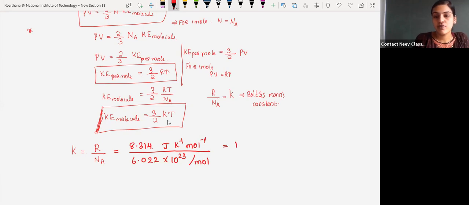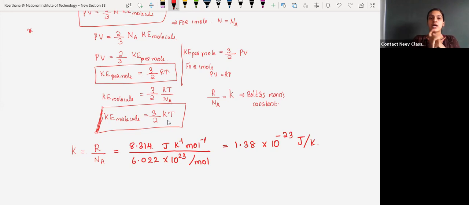So the value will be 1.38 into 10⁻23 joule per Kelvin, or joule Kelvin inverse. So the value of Boltzmann constant in terms of joule is 1.38 into 10 raised to minus 23 joule